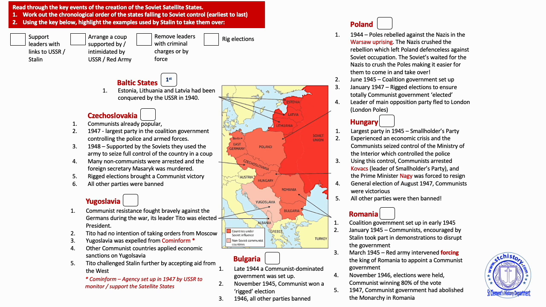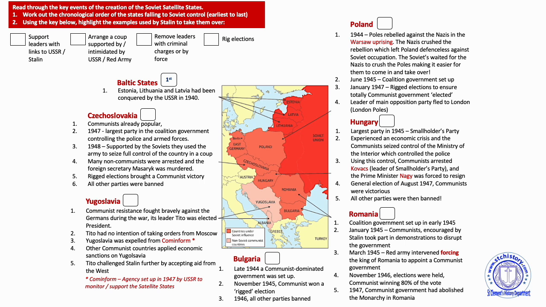Also, the boxes there, you can consider the chronology of how and when each country fell. If we ever get a question on this, perhaps a narrative, probably quite unlikely, but it's possible. In the grand scheme of write a narrative account about the breakdown of the Grand Alliance, this would definitely be one of the bullet points. You'll be able to get a lot to say in the paragraph about how each country fell and joined the satellite states.